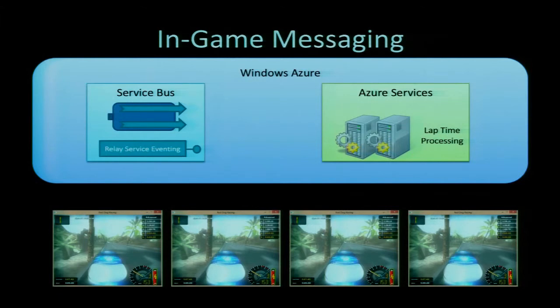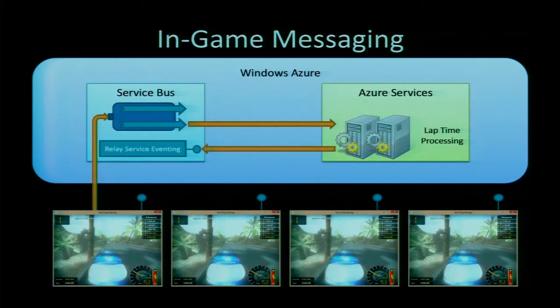It's not the best way, not the most scalable way to do things because it will only scale up to 20 clients. But basically what happens is we have an endpoint created on each one of the services. We're sending in our lap time and telemetry data, and when the lap time processing in the actual worker role determines that a lap has been completed, it sends a message to the relay eventing service, and that message is broadcast to all of the players of the game, and that just basically pops up saying Alan's got this lap